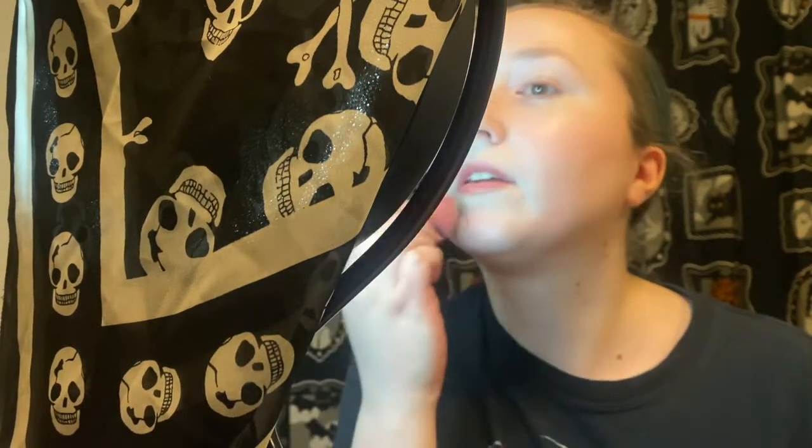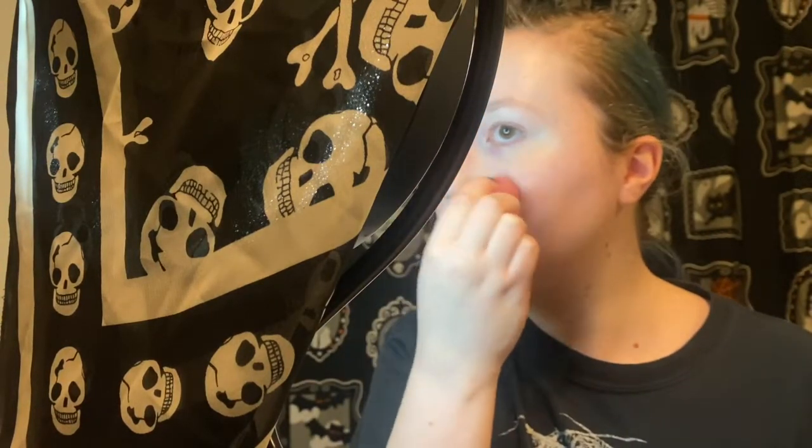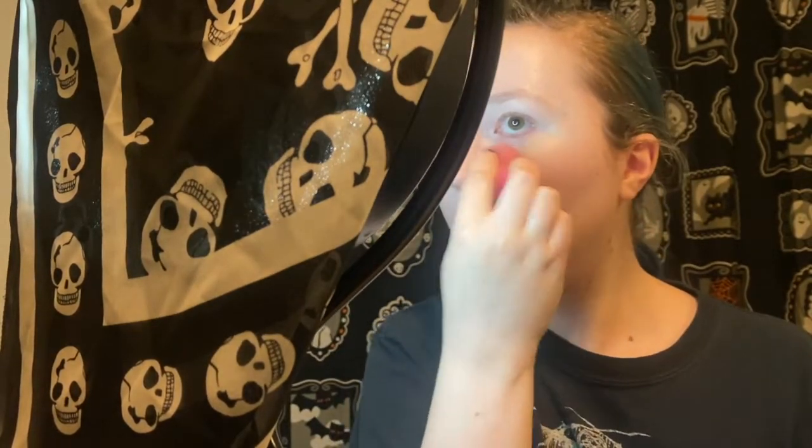See, this is the area that always gives me a problem, and this is why I love wearing a mask in public, because I don't have to do the makeup on the bottom half of my face, and this is the area where it's just dry, it sinks into my lines. But anyway,